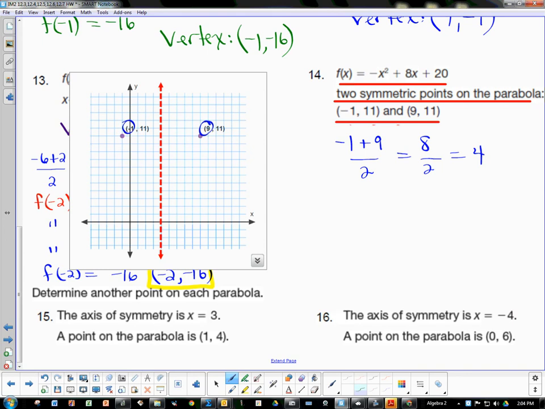We've got to plug in. We have f at 4 is equal to. Now you have to be careful right here. So we've got negative. Instead of my x, I'm going to write a set of parentheses squared plus 8 times the set of parentheses plus 20. Okay, this happens to be a 4 here and a 4 here. So f at 4 is equal to, well, this squared right here has to only apply to the 4, not the negative. So this is going to be negative, and then 16